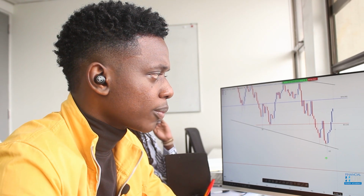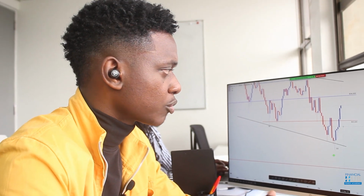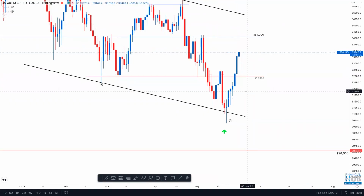So normally what you want to see when market breaks a certain key level, you want to see a breakout and a follow through, and that's what we're getting over here, a successful follow through, a breakout and a follow through. What did we get here previously? A breakout and a failed follow through. Market closed back below that resistance and support level, okay? So right now we got that follow through, and